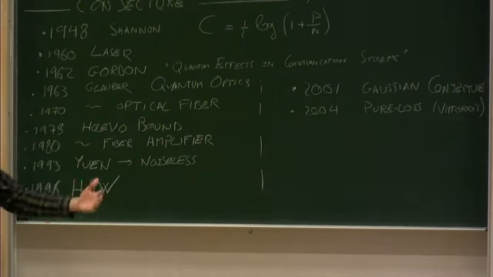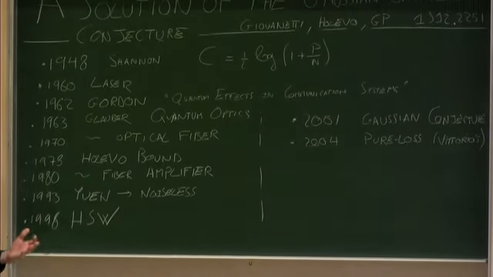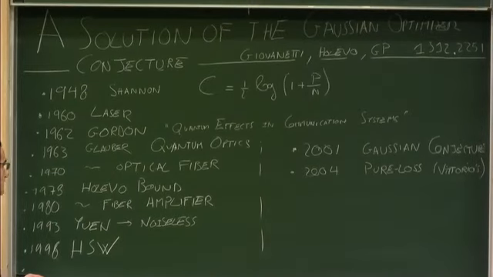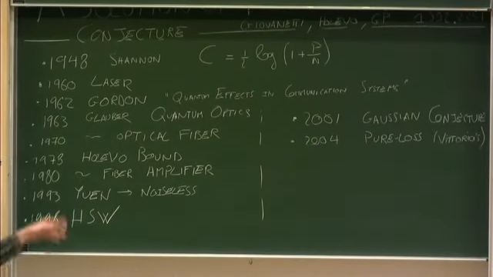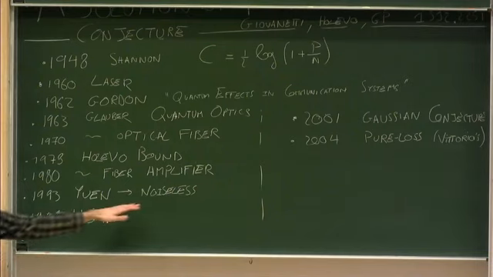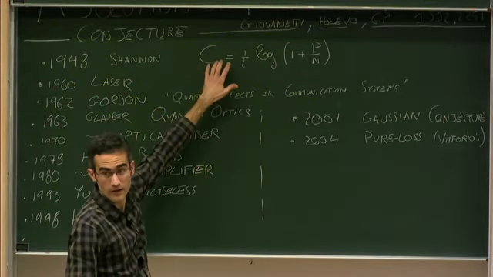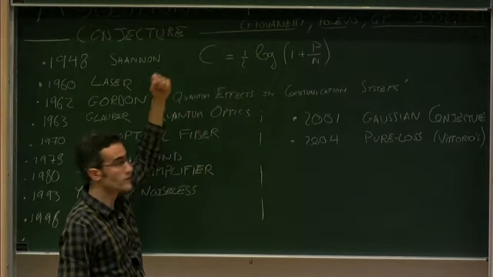Optical fibers are common, and this is basically why these problems are so interesting, and there is a real physical motivation for them. Then there is the Holevo bound in '78, and fiber amplifiers. Then in '93 there is a paper by Yuen where they consider something similar, say that they solve the noiseless case, the noiseless channel, which is kind of the quantum equivalent of